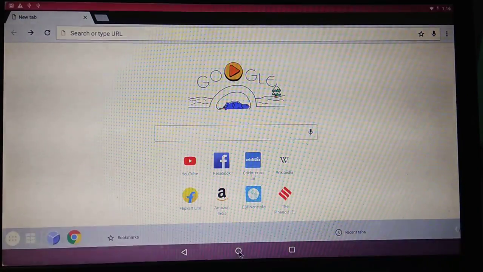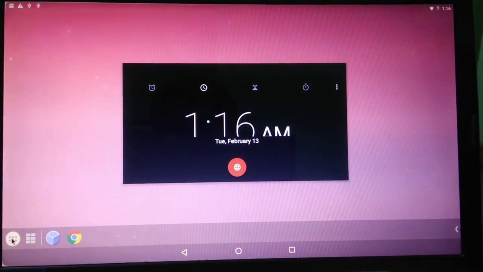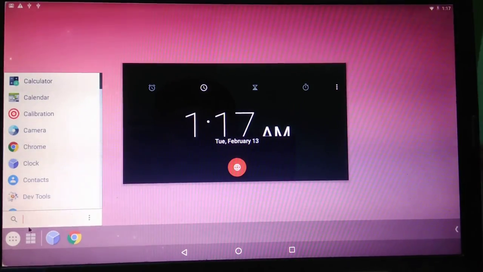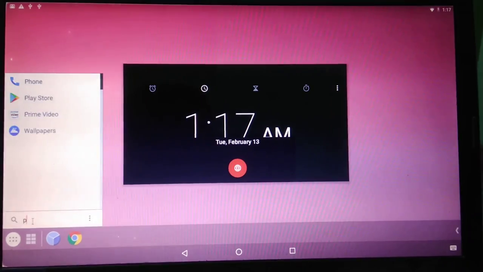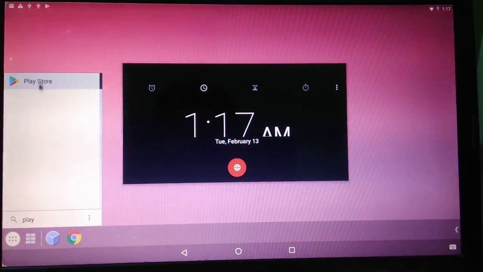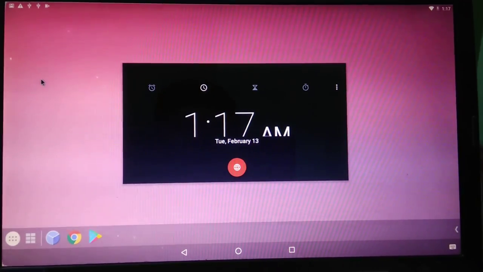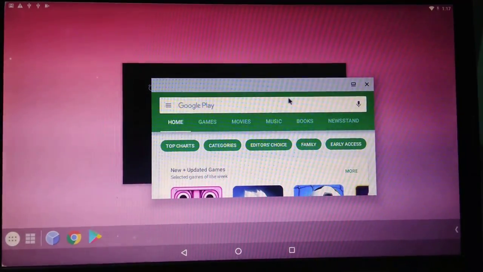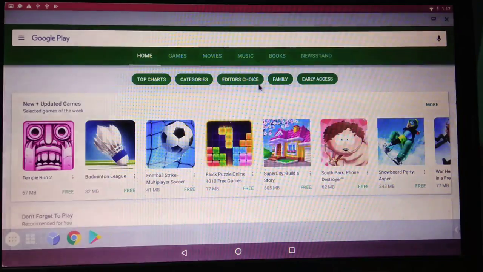Here is the home button. Also, you can have the Play Store here, and you can install tons of apps from this Play Store.